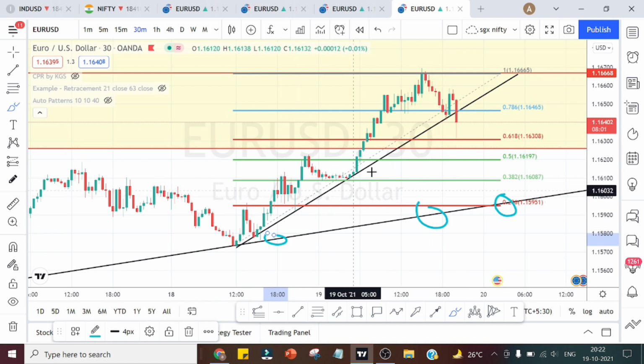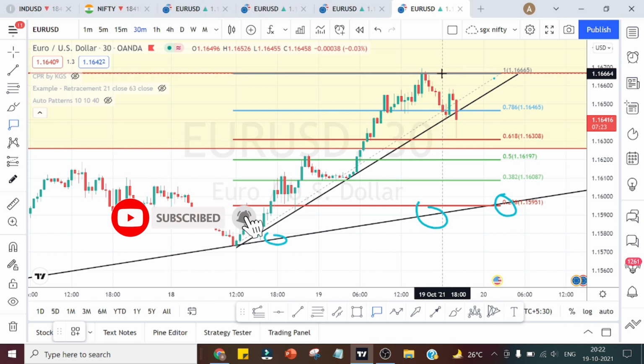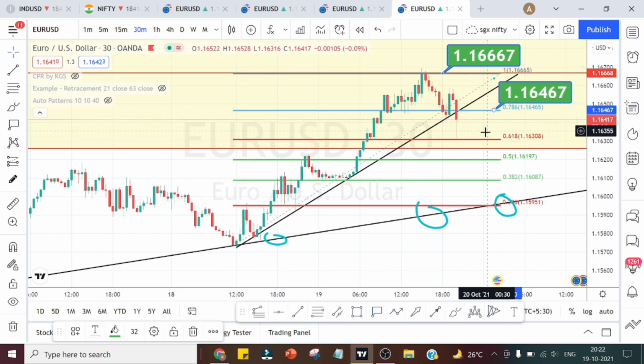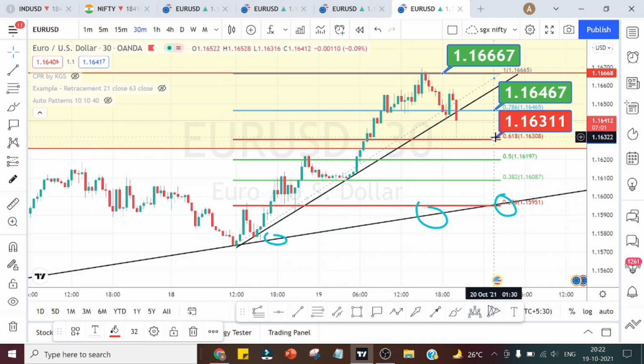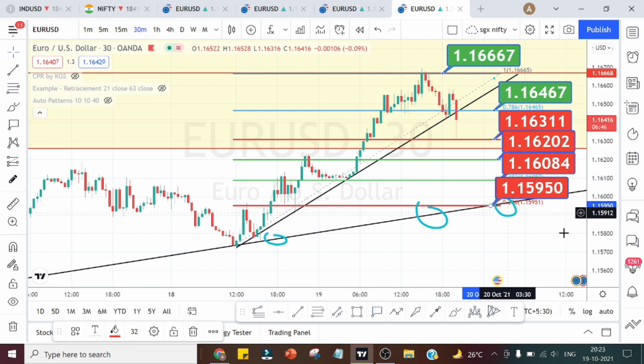Presently it has broken the 30 minutes trend line. Usually the 30 minutes time frame or 15 minutes time frame is easy to break. They will help us to analyze the trend of the market. Let us mark the trading ranges. So resistance is going to be here. This is the resistance. Presently it is testing this level over here, which is 1.16467. Support on the bottom is going to be this level, and next support level is going to be here, and next support level is going to be here. After that, this is the trend line. It is with the trend line. This is going to be the next level.